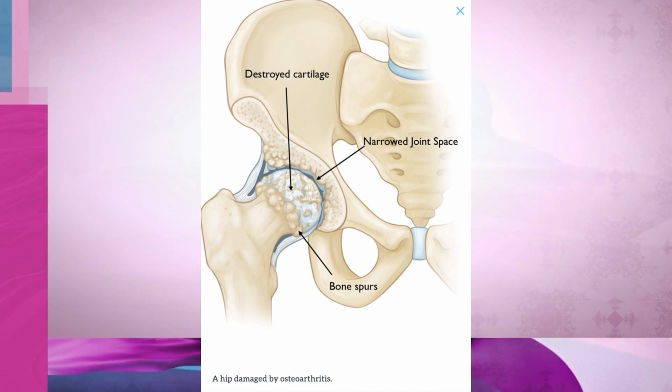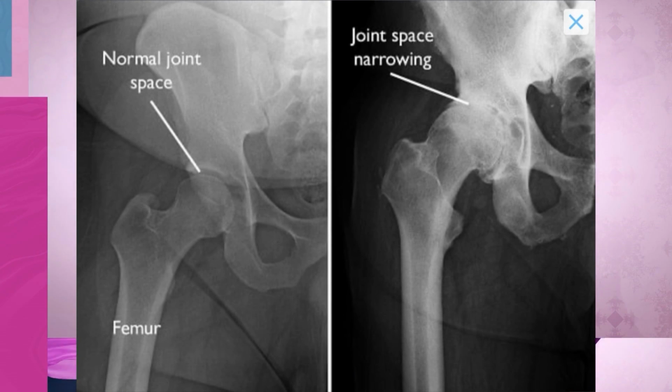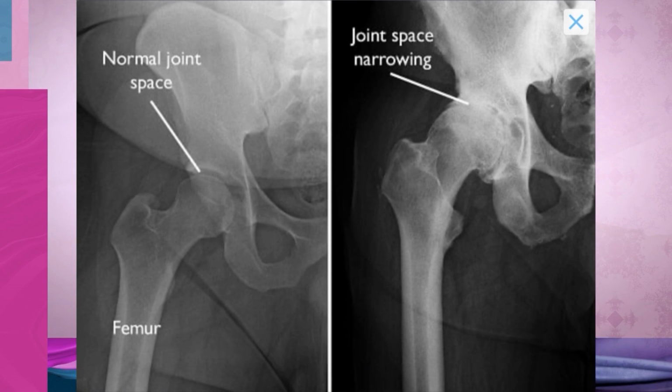On the left, you have a normal joint space in a hip. That's a hip x-ray on the left of your screen. On the right, you see that narrowing or loss of cushioning that I was talking about. Your body is very smart, it tries to lay down new bone, and it forms these things called osteophytes. That's the new bone forming there to try to cushion that joint from the pain, because you lose that cushioning on the surface.